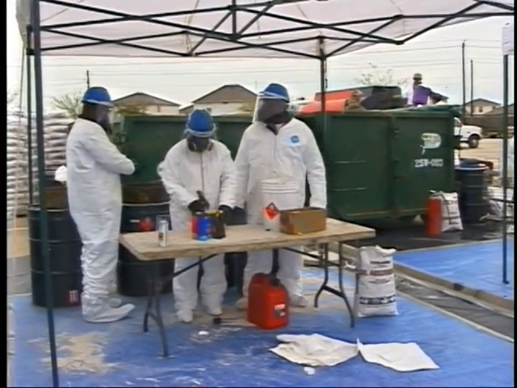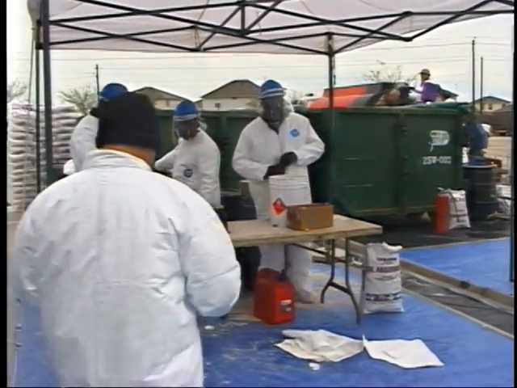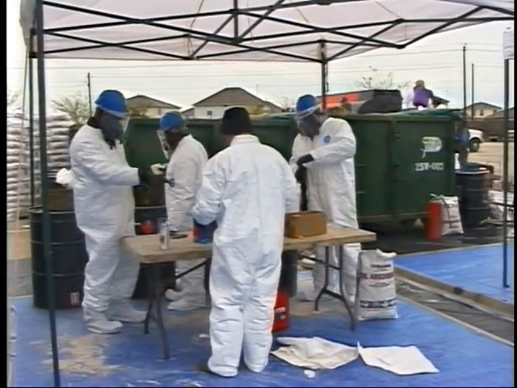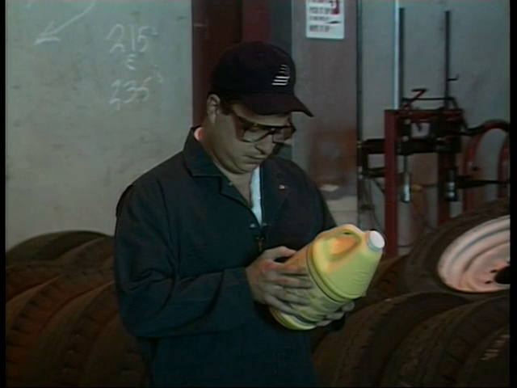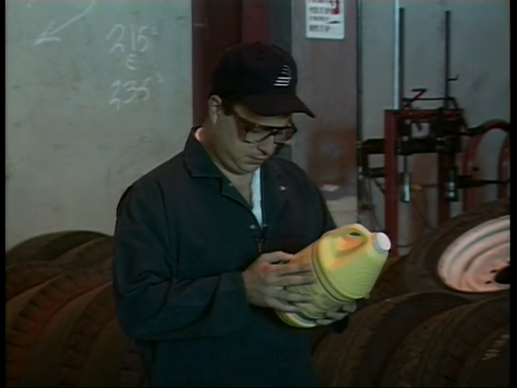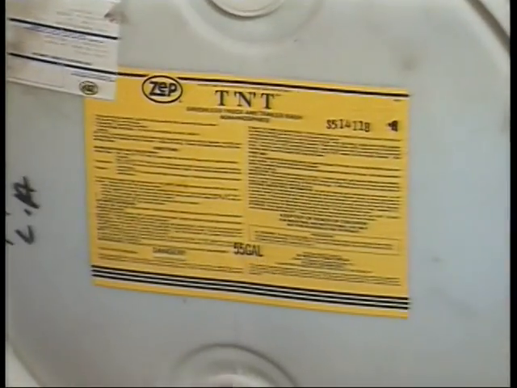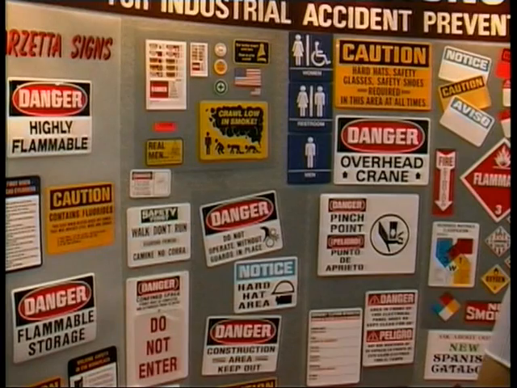Before we can begin to understand the identification of hazardous materials, we first need to look at the toxicology of potentially harmful chemicals and hazardous materials. The basic purpose of identifying hazardous materials is to educate the person who comes in contact with the material, so as to provide proper information and protection for that person's health and safety. To begin this process, we need to understand some terms and definitions.